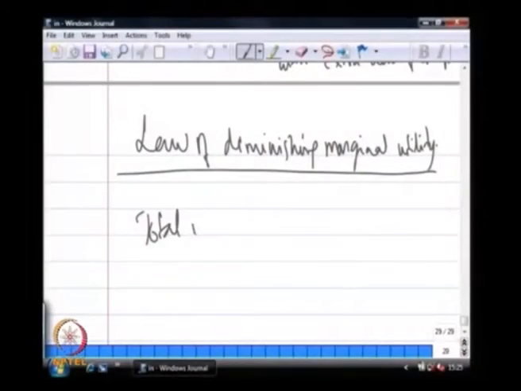In other words, the total utility will increase at a slower rate as an individual increases the quantity consumed. So, you keep increasing the quantity that you are consuming, the rate at which the total utility increases keeps decreasing. This explains the law of diminishing marginal utility, which means